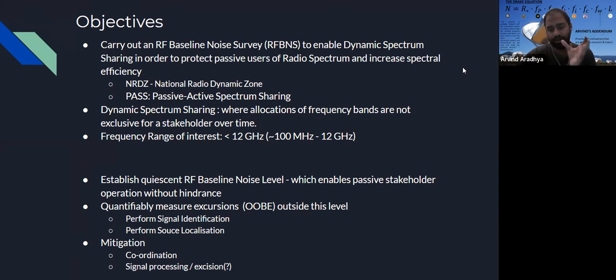So in National Radio Dynamic Zone, the word dynamic refers to the fact that they are not allocating some frequency for all time to come. They're saying that we will give you this frequency when you need it. This is called time division multiplexing, where I let you have the lease for that spectrum for about an hour, and then once you're done with it, somebody else takes over. So this is obviously more efficient than saying that I have access to this particular spectrum for all time to come.